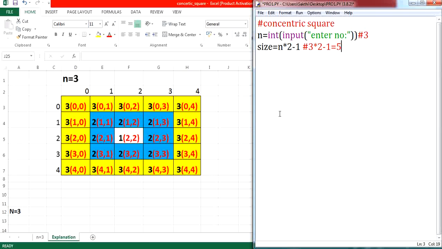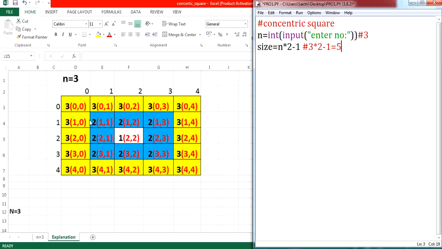Now we will take the first example where the n value is 3 as the example for this program. If your n value is 3, you can notice that this particular pattern will be drawn on a 2D matrix. We know that the matrix will be accessed by using its index position. This first position will be accessed by using 0, 0, the next value by 0, 1, the next 0, 2, and so on.